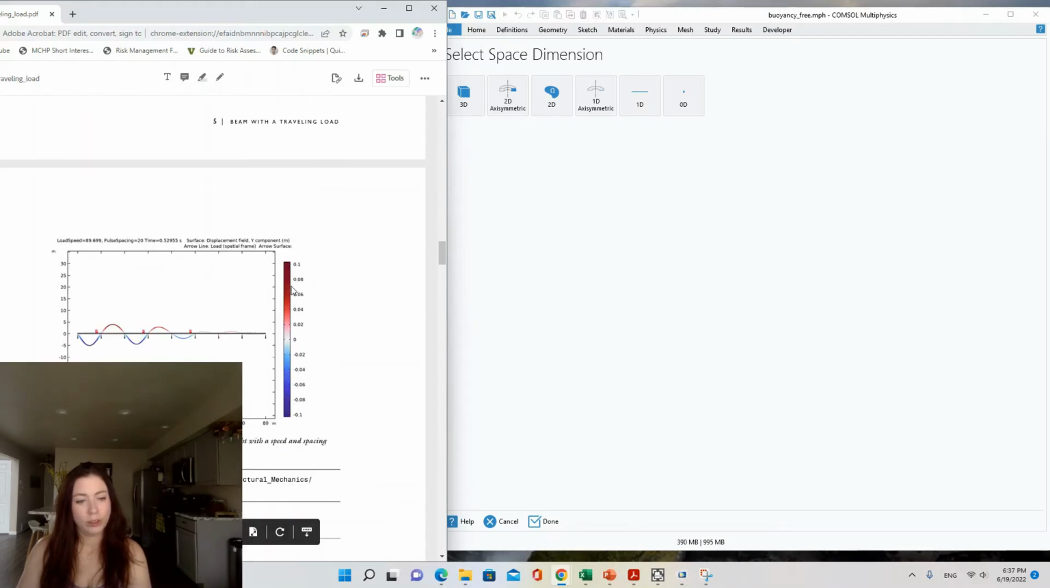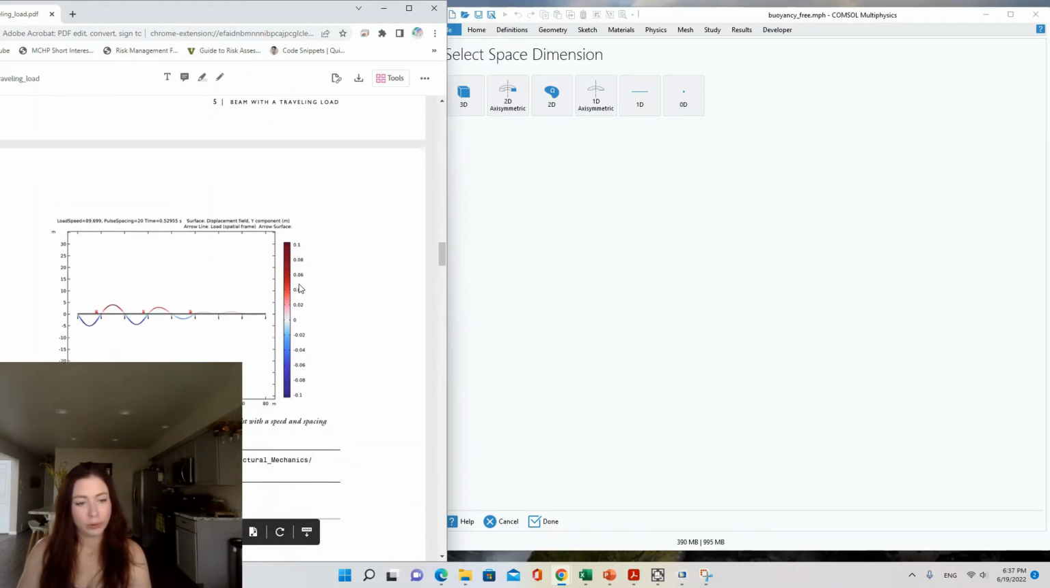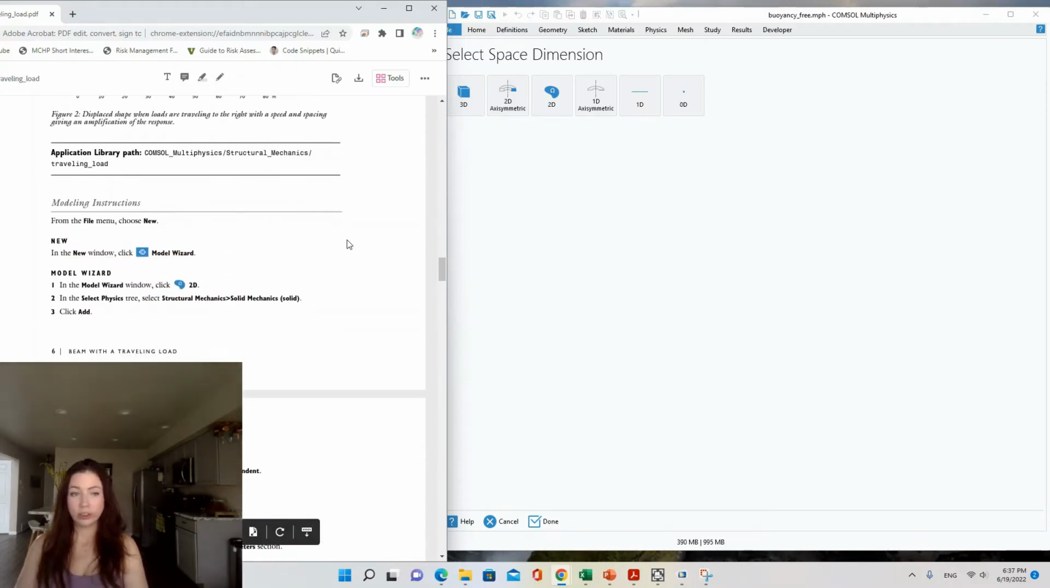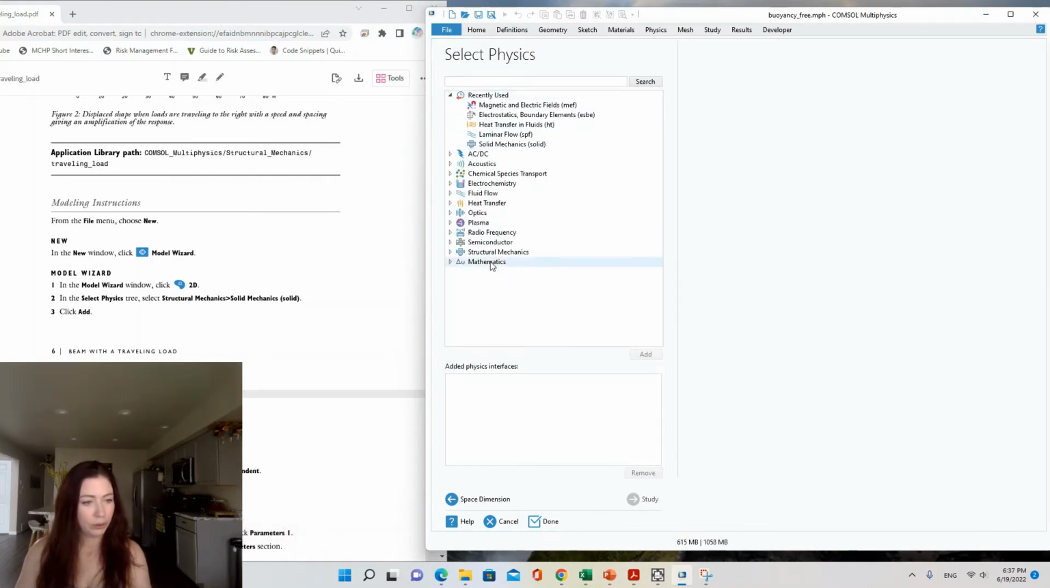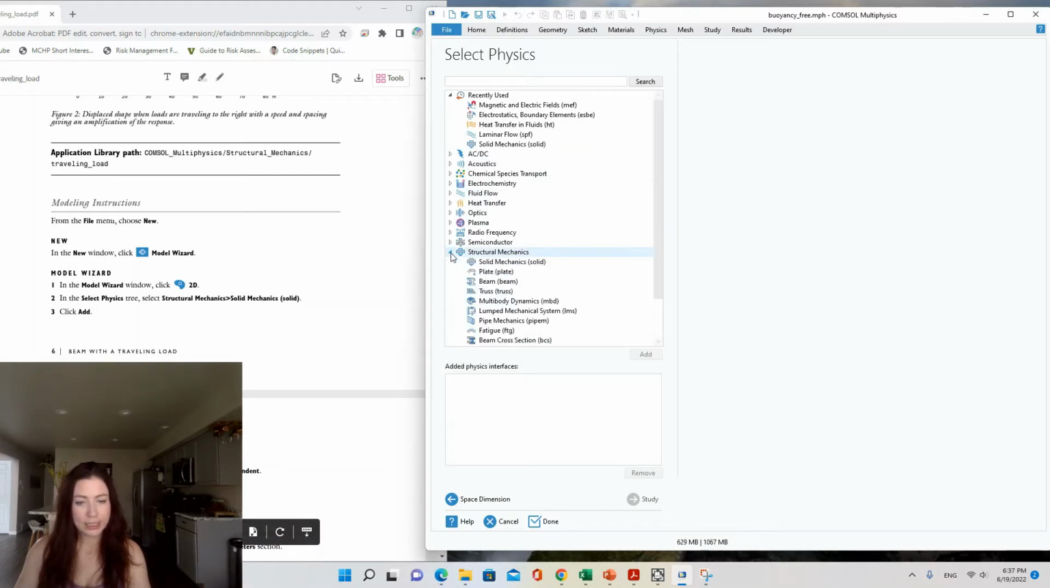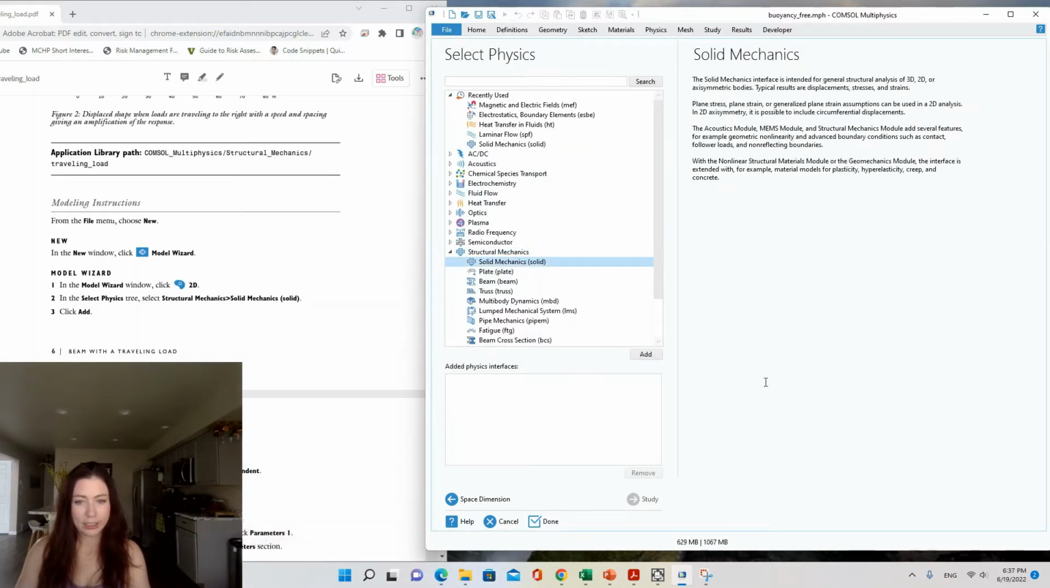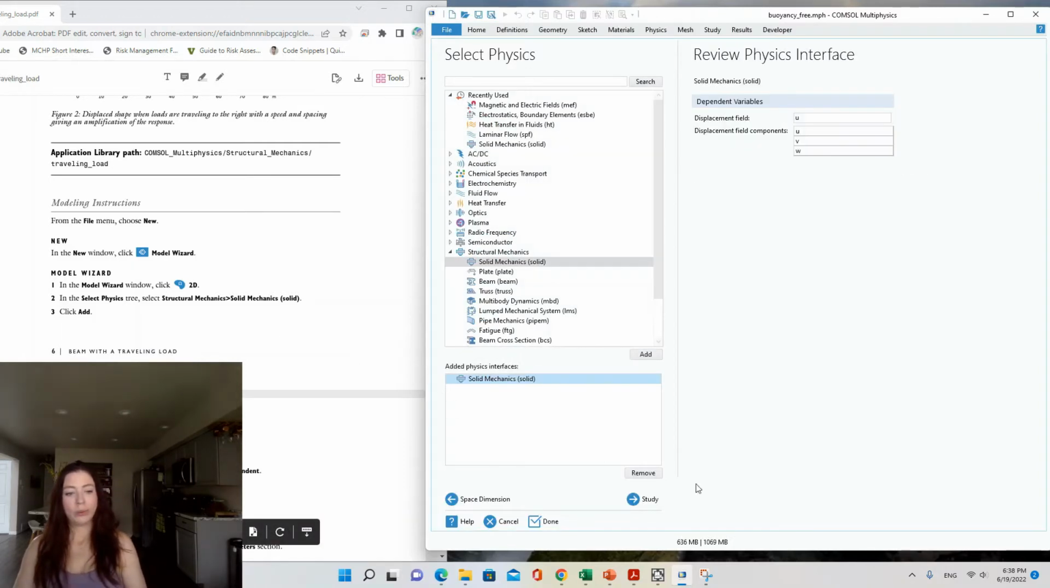Alright, well, we'll get into that as we build it. So let's go ahead and start with the model wizard. So we're going to do a 2D model and go to structural mechanics and choose solid mechanics, solid. Add, and then we're going to do a time-dependent study